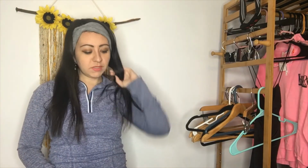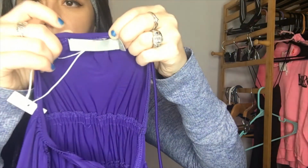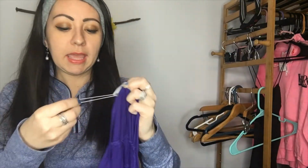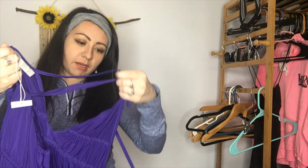So this I was the most excited about because it was like the second or third item that came out. And I was like, oh, I love that brand. So this is Vince. Man, I can't see anything. Can you see it? It says Vince. Not Vince Camuto, but Vince. And it's not the original tag anymore. So the issue here,